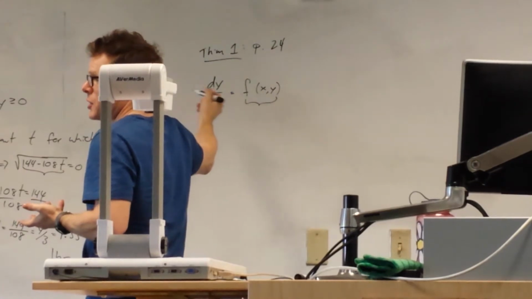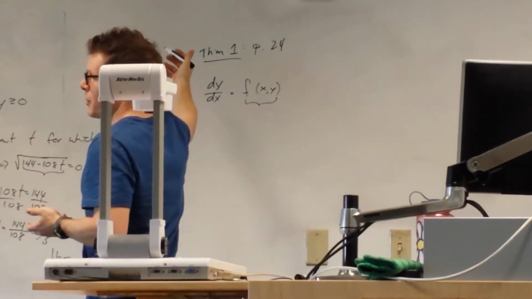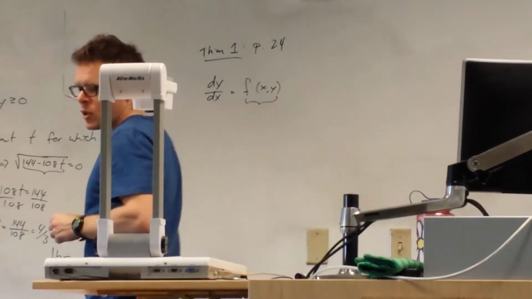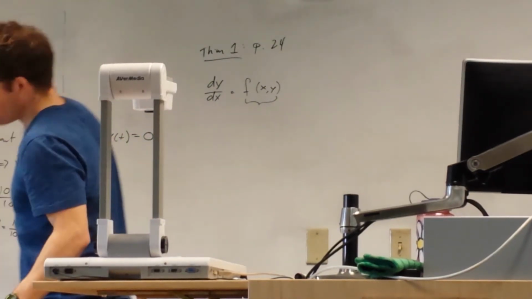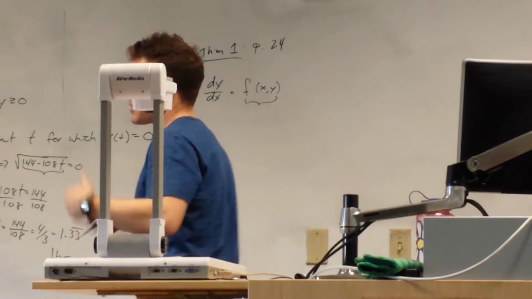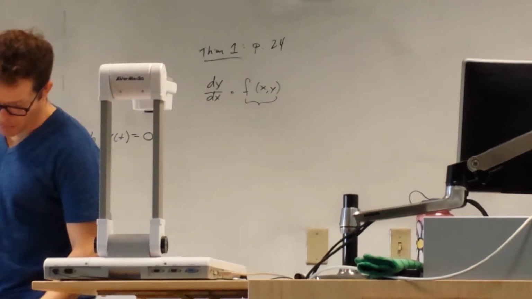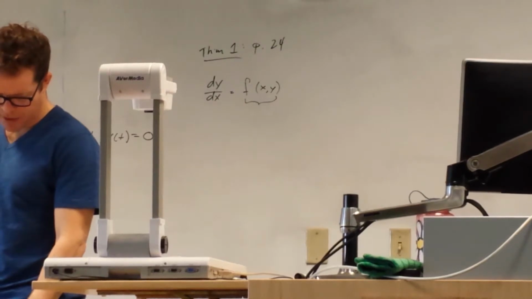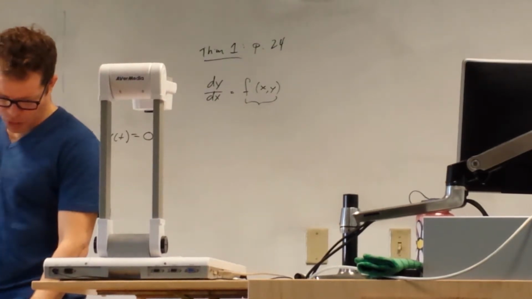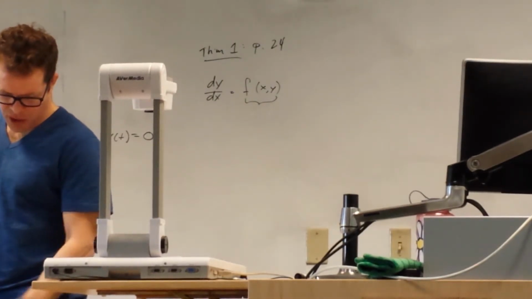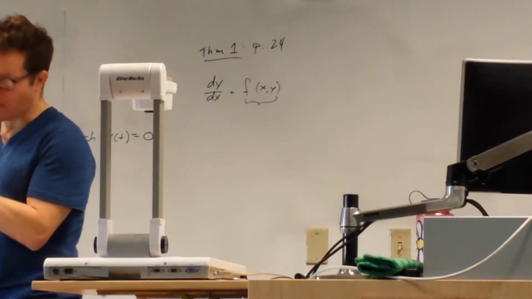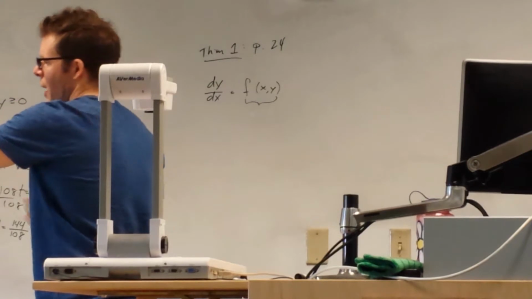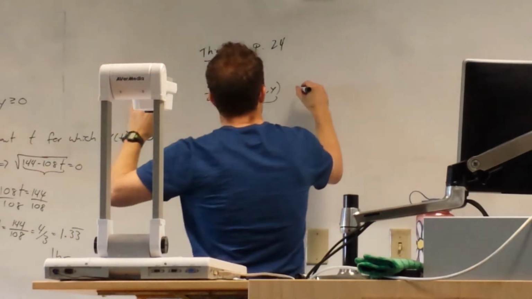So it would not be continuous there. The function would not be continuous if its derivative does not exist. Okay? So the theorem says if this function is continuous and its partial derivative with respect to y are continuous on some rectangle, that means some interval of x by some interval of y, and that rectangle contains